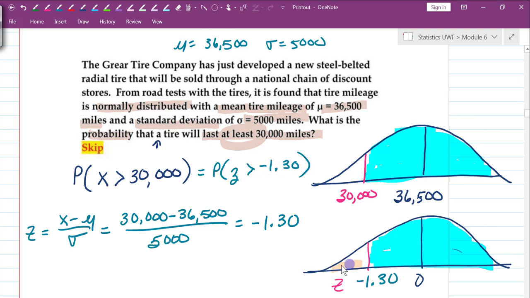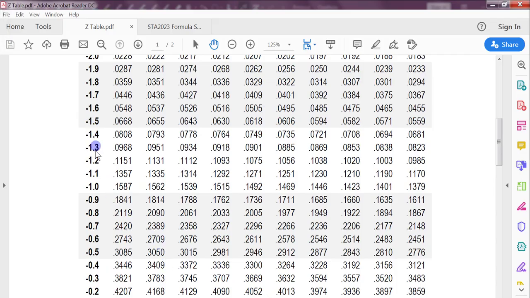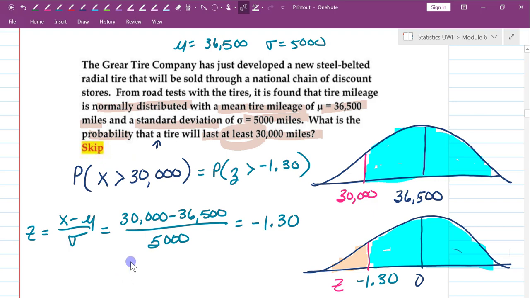Our UWF tables give us this part right in here when we look up negative 1.3. So let's grab our tables, look up negative 1.3, so negative 1.30. So here's our value, the area under the curve to the left of negative 1.30 as a z-score. And we find out that that is 0.0968. So this right here is 0.0968. And I can say the probability that z is greater than negative 1.30 is going to be equal to